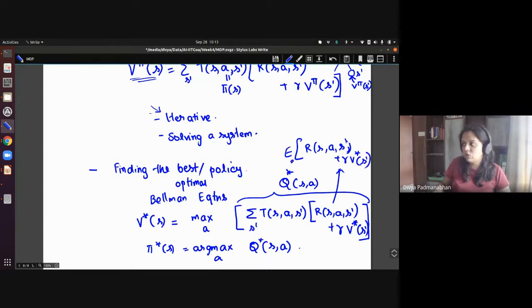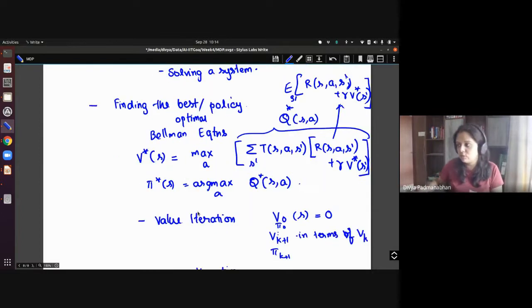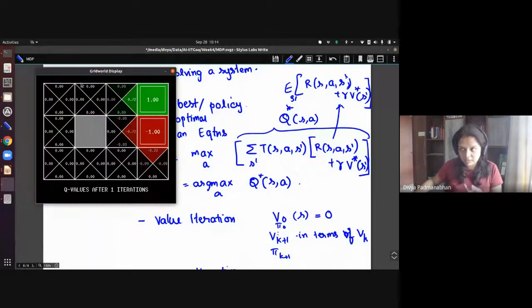So it's an expectation over s'. And what you're seeing is, if instead of V star you had V0, which is what value iteration is doing, then what is the expectation? That is what you are seeing here.